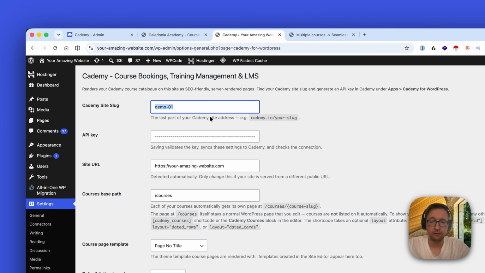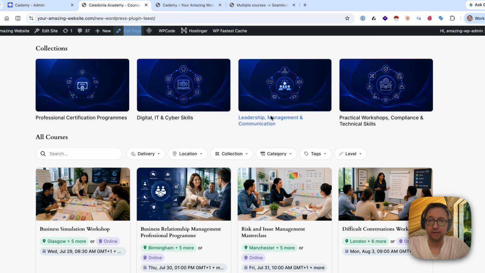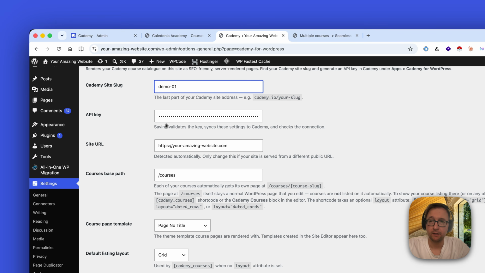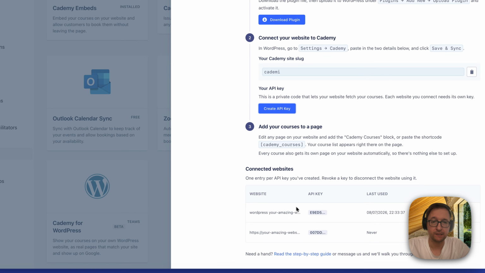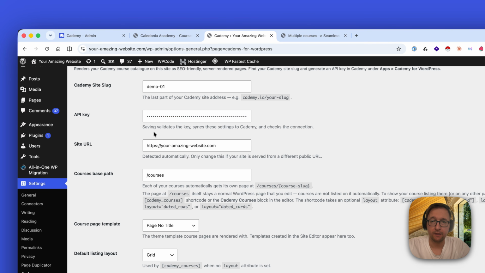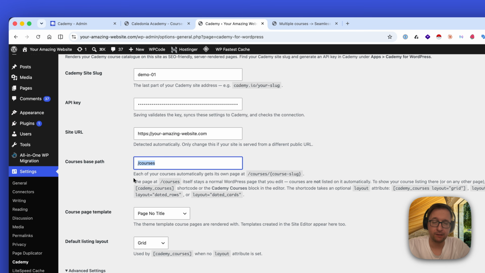So this is where you type in your slug or the value that you saw in here. In my case, it would be Cademy, or this is another educator account that I have to demo things. You paste in the secret key that was given when you set up here, the secret value from here, you paste it in here. And then you type in your website address right in here, and then the path where you want the courses